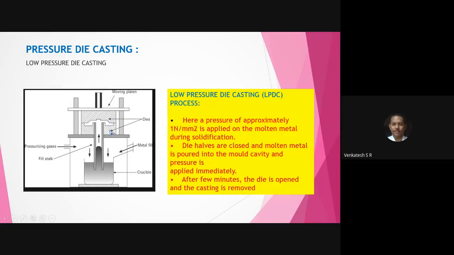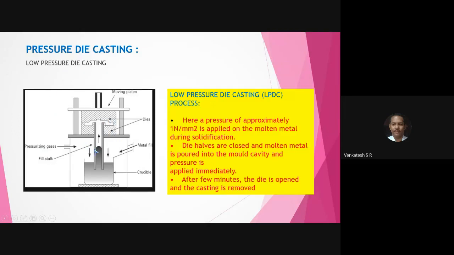And this is the upper right and this is the bottom right. Once the moving plate moves downward, high pressure gas flows into the chamber. It increases the pressure. Due to that, the liquid metal rises upward and fills the mold cavity that is present in the die. The cavity present in the die is filled with the liquid metal due to the high pressurizing gases, usually carbon dioxide or argon, used for the process of low pressure die casting.